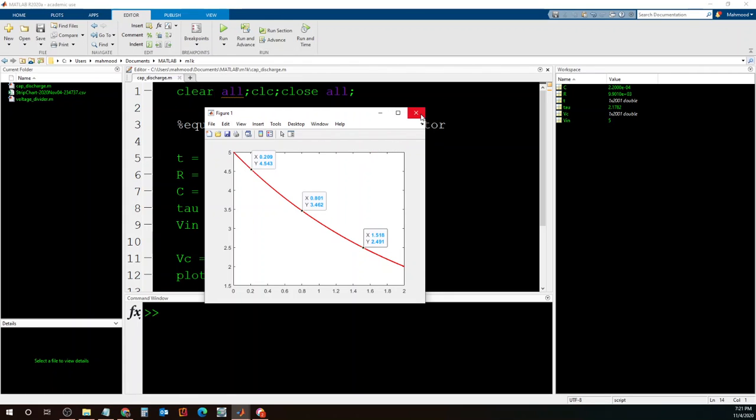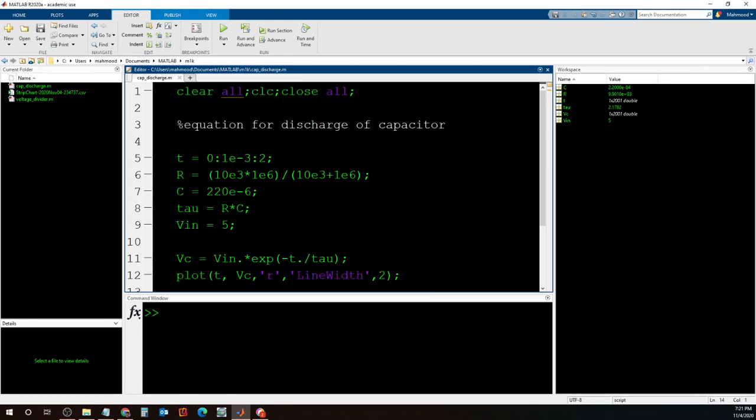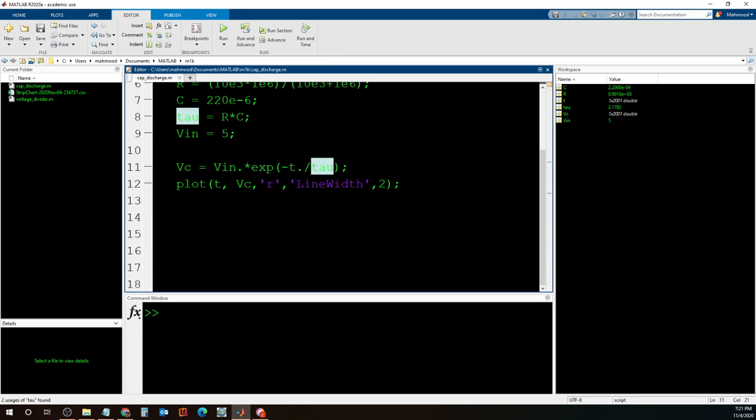So now let us try to look at, so I'm going to close out of this. Now let us try to bring in the data that we collected. I've already put the CSV file in my current folder. That's the file that we recorded. So in order to import that data, what I'm going to say is data equals csvread. That is the command that is used to read a CSV file. And inside the parentheses, I'm going to type in